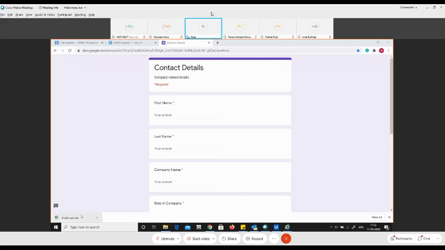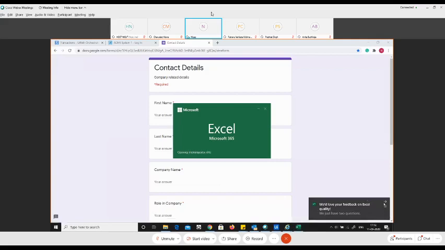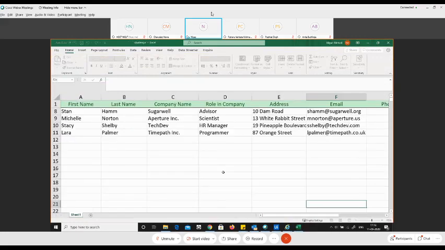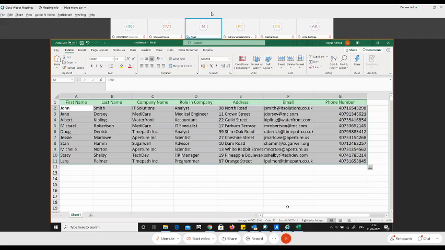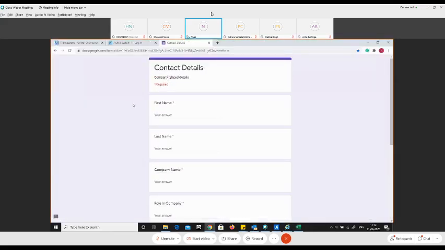So what you have to do is use the data in the Excel sheet. Let me just zoom in so people can see it clearly. There you go. So this is the Excel sheet. It has 10 records and every record has roughly around 7 fields. All these records have to be inserted into this form. So the same thing that we were discussing, instead of certificate, this is the one that we'll be doing.